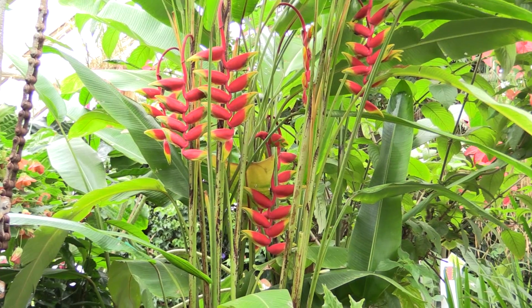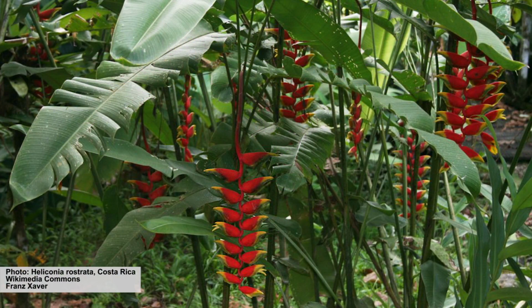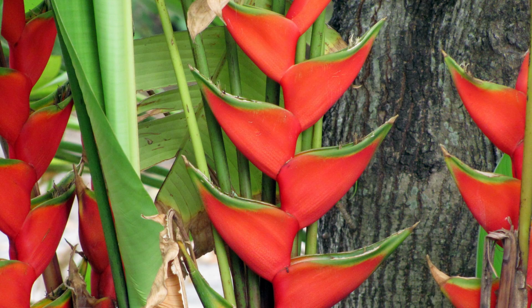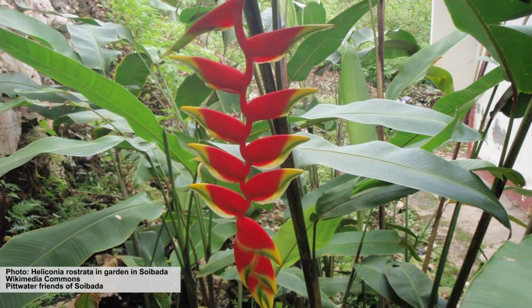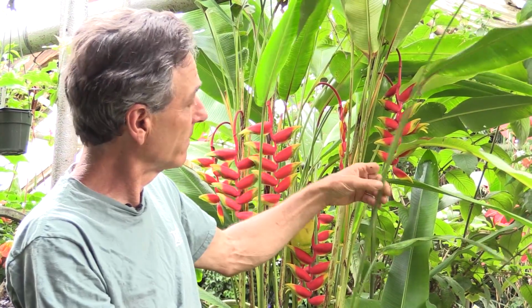The Heliconias are a large genus of tropical plants that are related to the banana family, and they put out immense inflorescences. Some of them grow to 10, 15 feet tall, and others are quite dwarf. Today we're going to be talking about a variety called rostrata, which is the lobster claw. It's a very showy tropical shrub with these chains of flowers that pendulate out of the growth